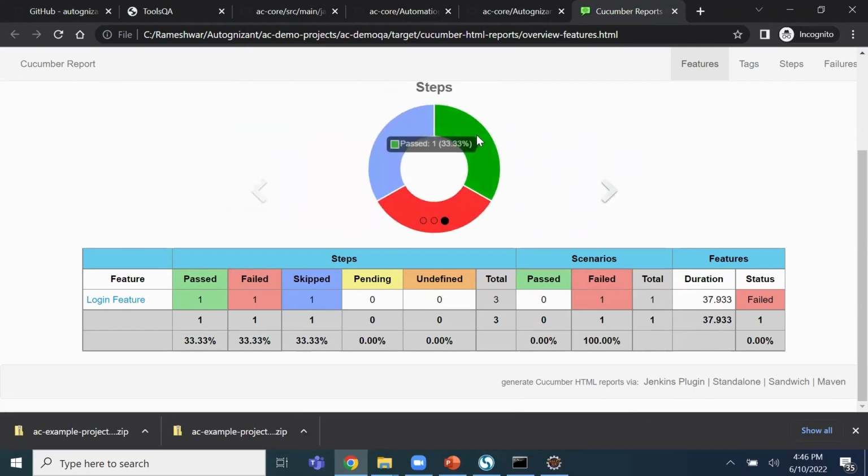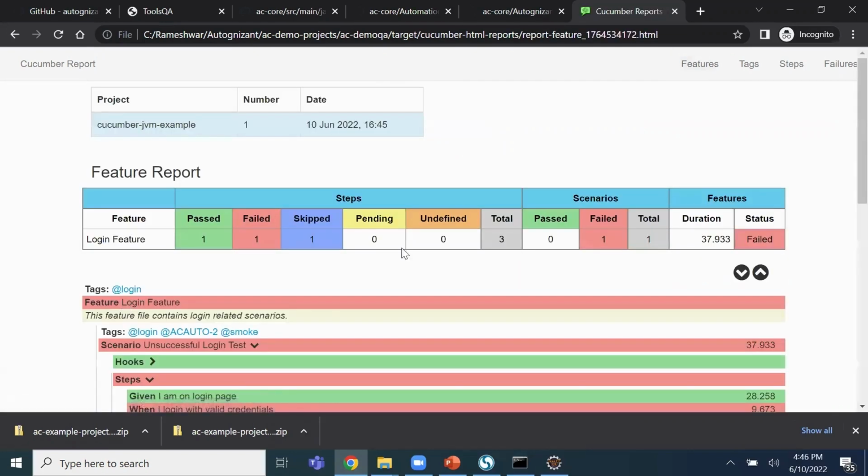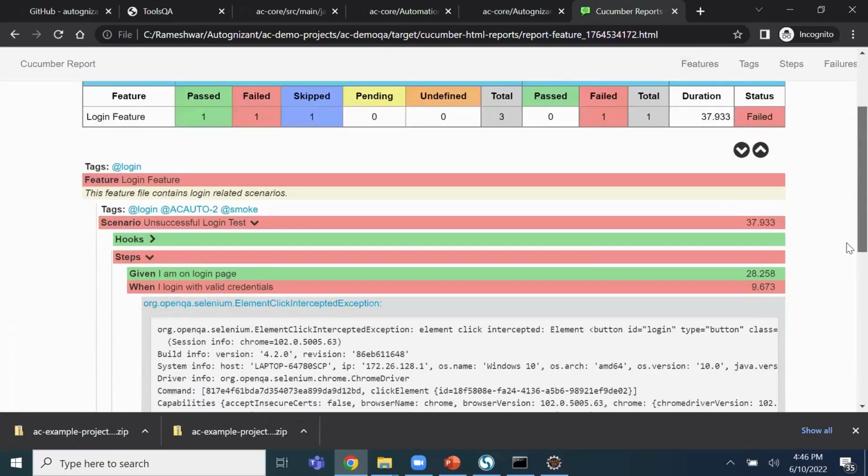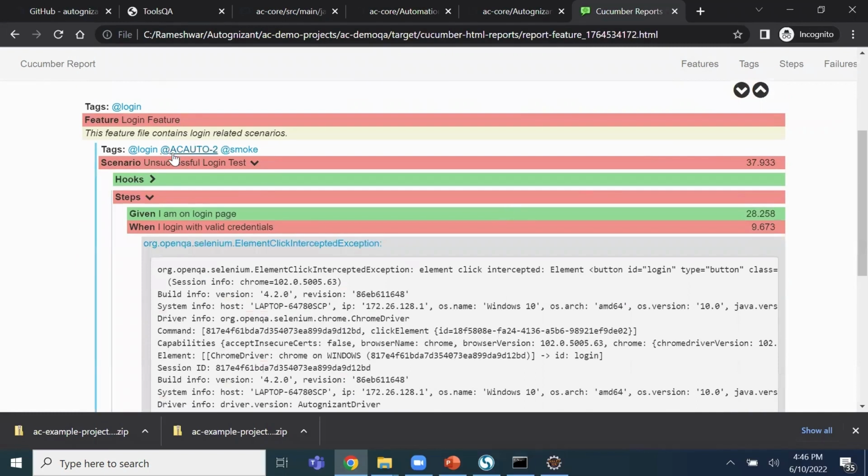And here we executed how many steps? We executed 3 steps. Out of 3, 1 skipped, 1 passed, and 1 failed. So this is how you can see the graphical report. If you click on the feature file, you will see nice HTML reports. And here we can see the hooks are passed, the first step is passed, and we are getting a Selenium exception, element click intercept. Even though the locator details are correct, Selenium was not able